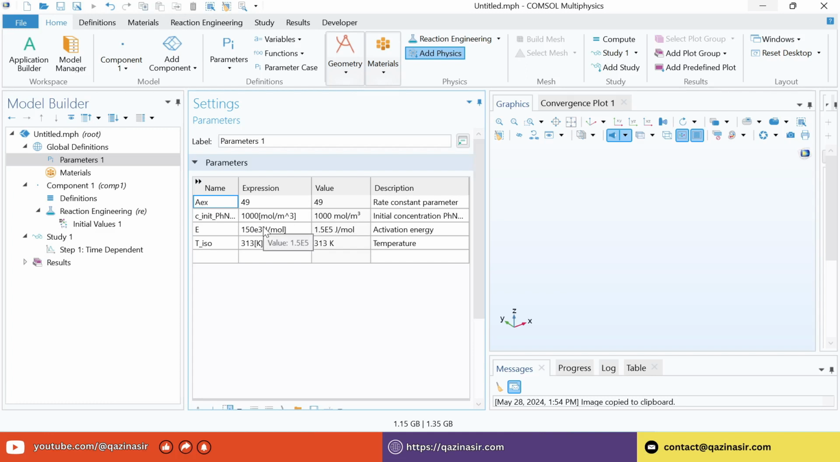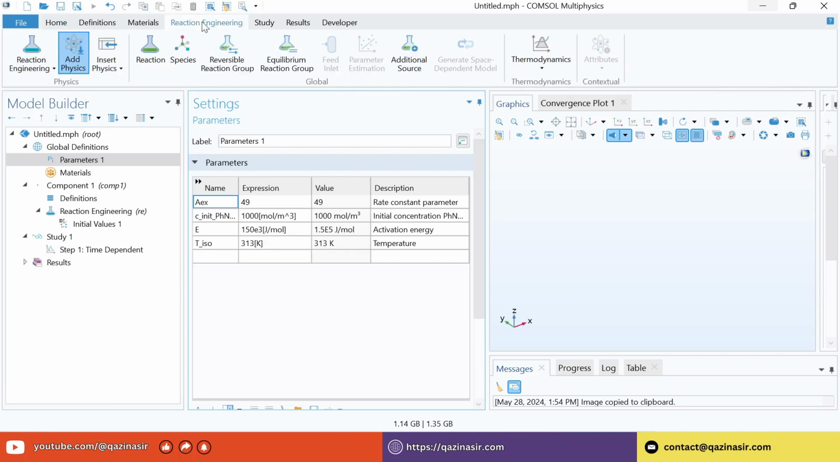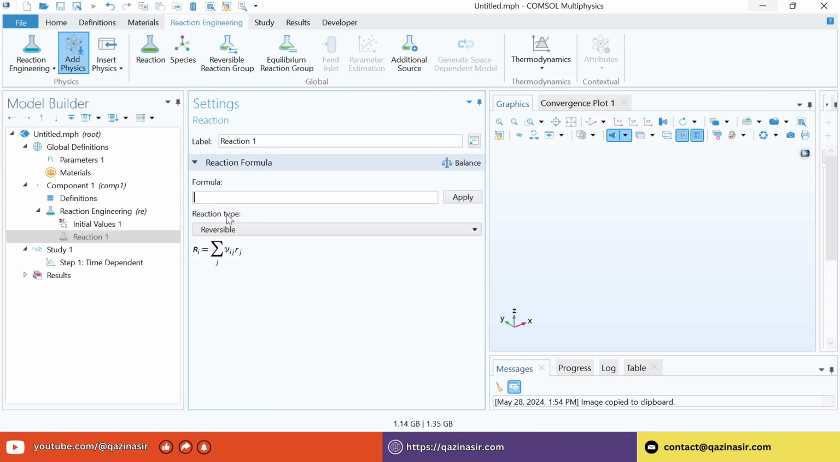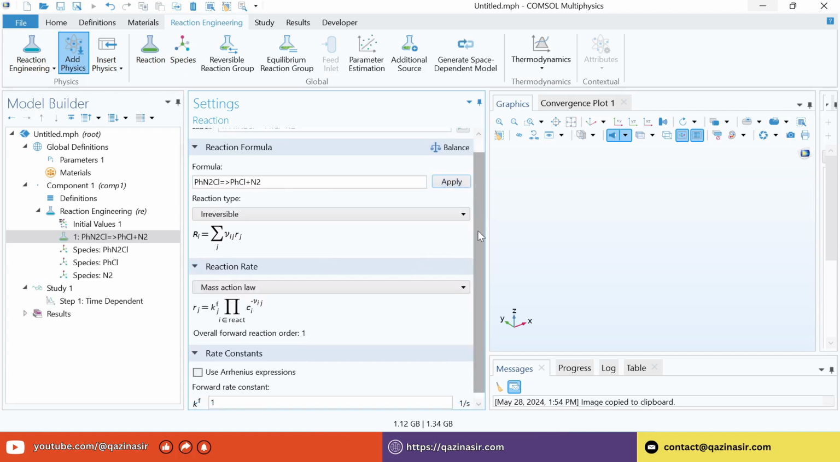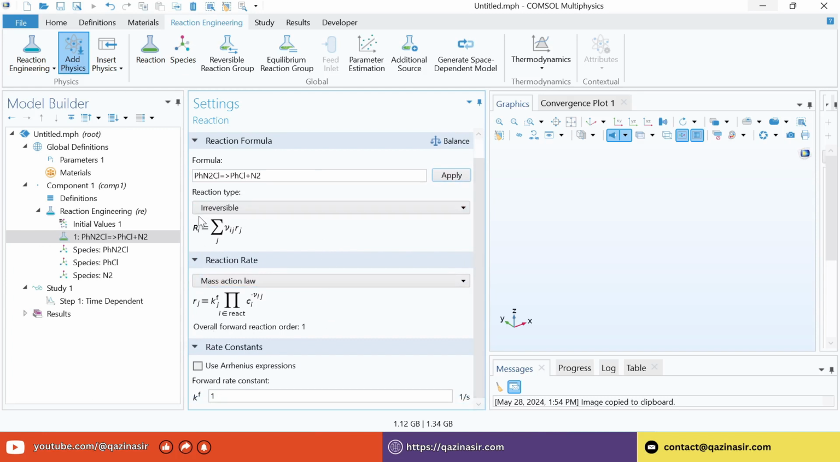And the second thing, since we have a chemical reaction, we need to click on the reaction, and on this side, in the formula bar, we need to write the chemical reaction, which in this case is nitrogen. After you write down the formula, you need to click on apply, and all the information related to this reaction will be accessible here, like the reaction type, the reaction rate, and the rate constant, which we can later